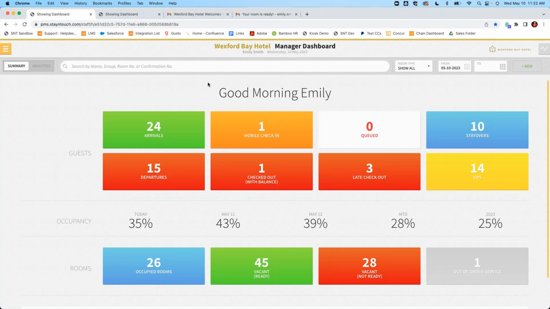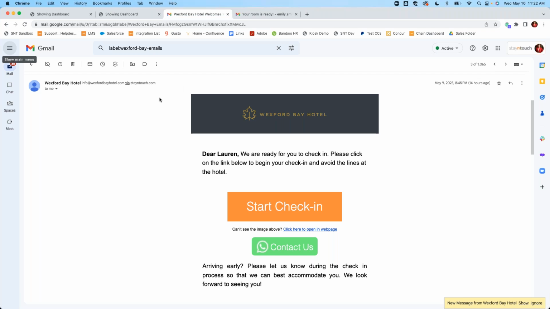Perfect. So now we'll finish the demo in this actual environment outside of the multi-property, which is where all my information is. I'll quickly run through our mobile check-in. I mentioned earlier, it's going to be a very similar experience for the guest as our kiosk software, or kiosk check-in or check-out. However, the biggest difference, I'm going to be doing this from a phone,